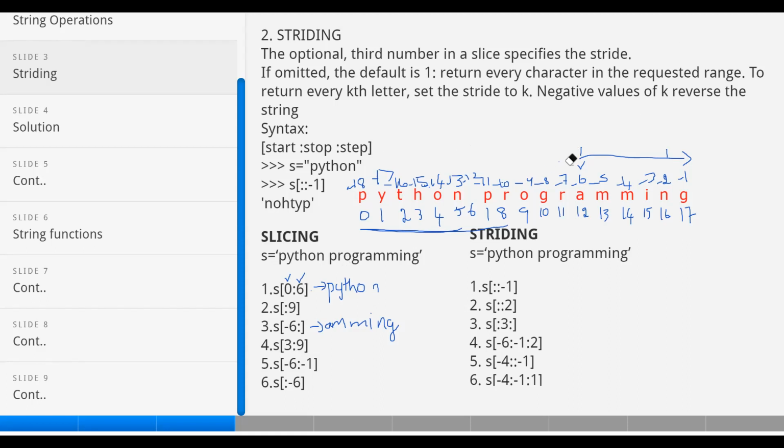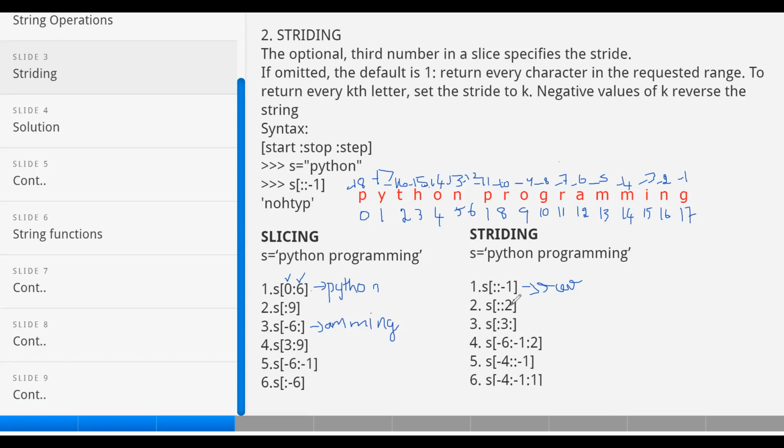Okay, so next we are going to see the striding part. Striding is nothing but your third value, which is your jumping step. So colon colon -1 will reverse the particular string. Colon colon 2: the starting index is empty, the stopping index is empty, and only the jumping step is 2.